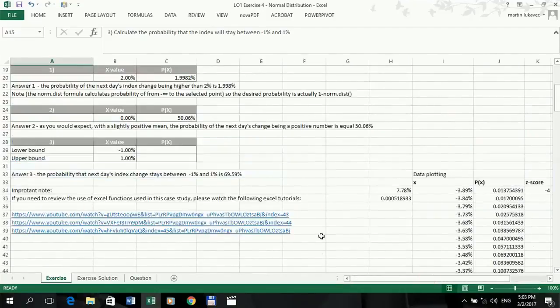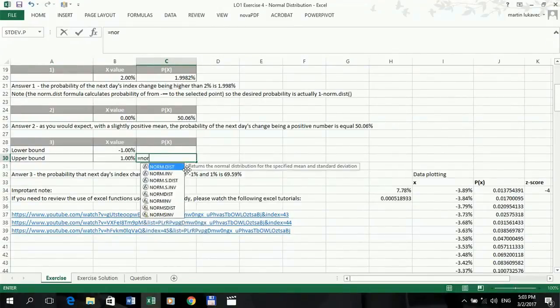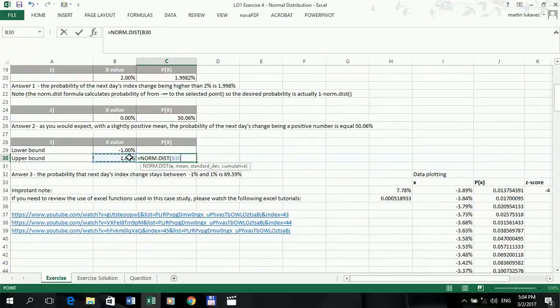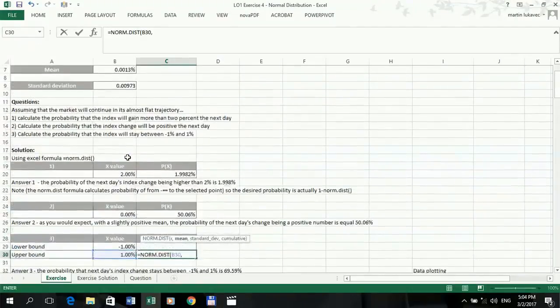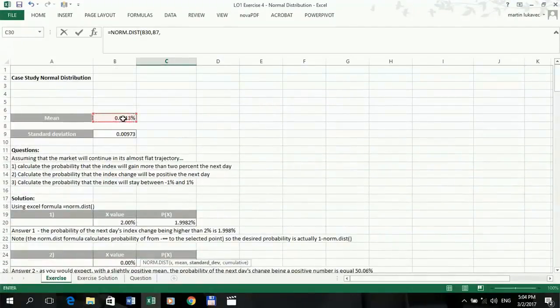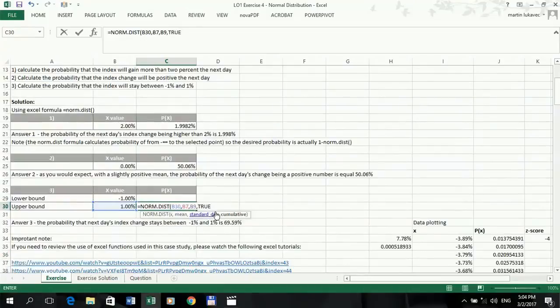So, norm dist function, x. So we calculate the whole probability till the 1%. Mean, standard deviation, cumulative, close the brackets,